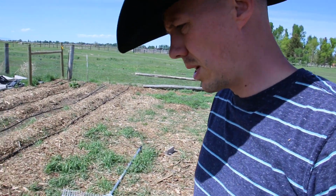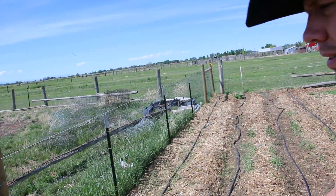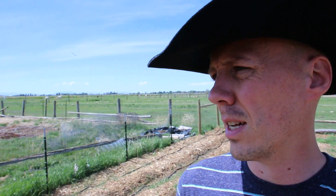We have already planted just a couple rows here, kind of in between the rainstorms that we got the last few weeks. So we've got a few, I guess 4 here you can see. A couple of peas, a couple of beans. We plant them as double rows, so there's actually 2 rows with each drip tape. They're planted about 6 inches apart, and the drip tape goes every 3 feet. We do 3 feet because we are trying to cram as much as we can into this garden. We have done 4 feet in the past, but by shrinking it down to 3 feet, it